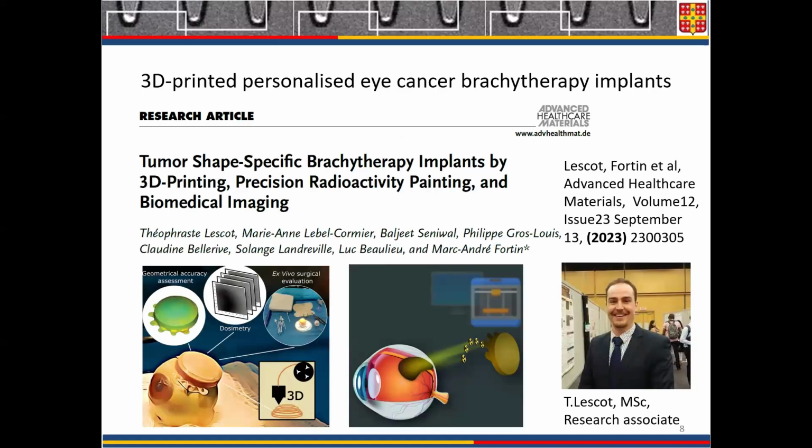So these projects were initiated about 5 or 6 years ago when we implanted the 3D printing lab. And Théophras Lescaut, who's now a research associate in my group, was the one to pioneer the hard polymer printing infrastructure, and there were also other students for the bioprinting laboratory. So the main objective of his project was to develop this kind of object here, and this is called an